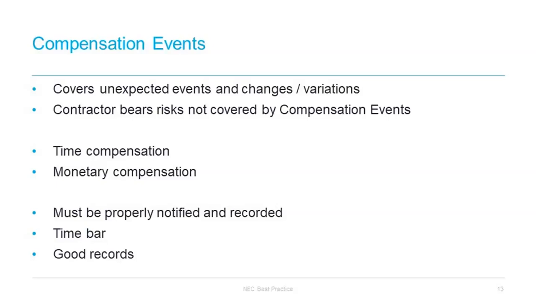Now, we mentioned the heads of claim that can be made under the schedule: people, equipment, plant and materials, charges, manufacture and fabrication, design and insurance. Only the specified components of cost within those heads can be recovered in a compensation event. Items obviously cannot be double counted across the different heads, and only those heads that apply to any particular compensation event in question will be relevant and used.